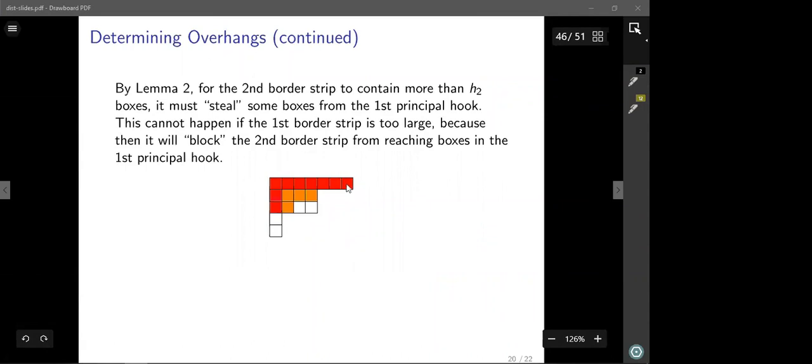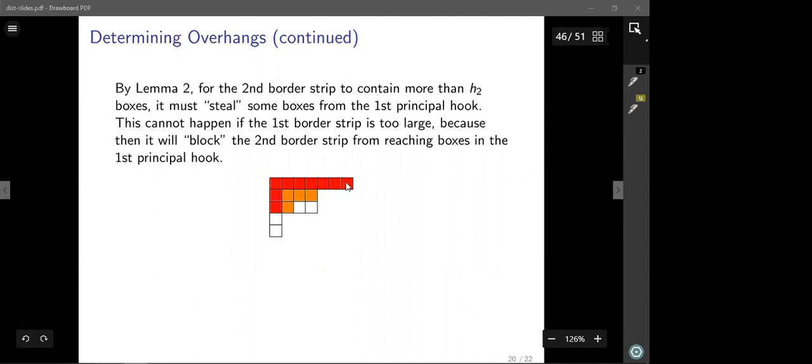What happens is I'm trying to figure out what this overhang length is here. So here is overhang by 2 and overhang by 3. How do I know it's not overhang by 4 or something like that? Well, if I make this first border strip too large, the first 2 border strips have to fill up these sections here. So